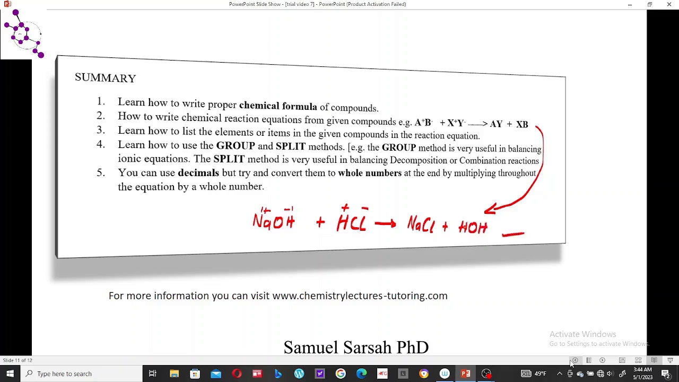That's all. If you can identify which part of the compound is positive and which part of the compound is negative, you can easily write a chemical reaction equation. And then the next thing that you need to know is how to list the items or elements